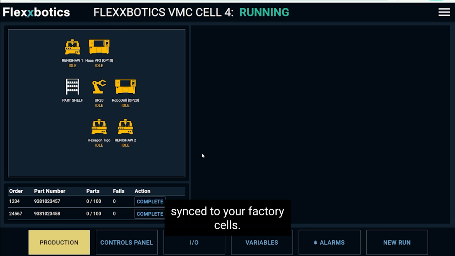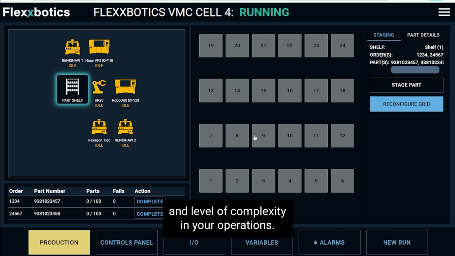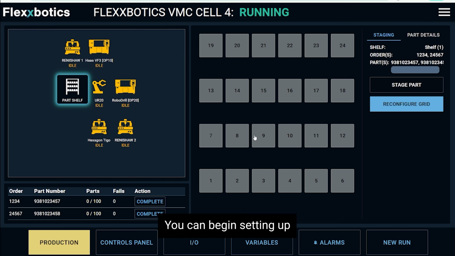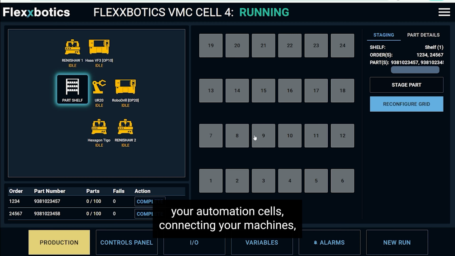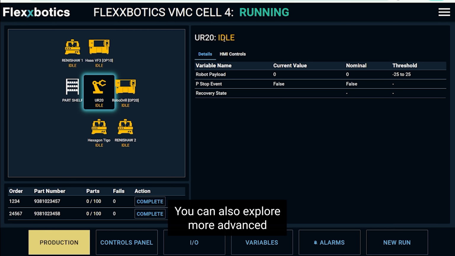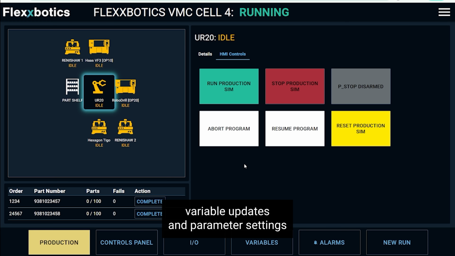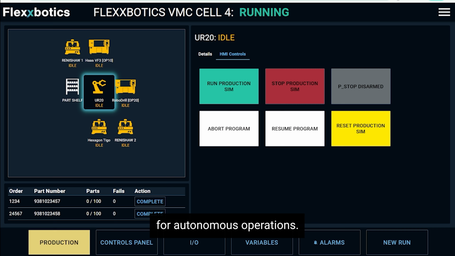to your factory cells. There's a lot more that can be set up depending on the type of manufacturing you're running and level of complexity in your operations. This is really just scratching the surface. You can begin setting up your automation cells, connecting your machines, and running automated production. You can also explore more advanced functionalities like closed-loop variable updates and parameter settings based on real-time feedback for autonomous